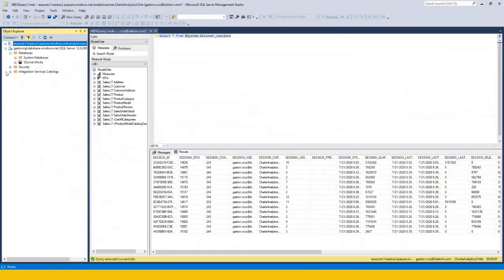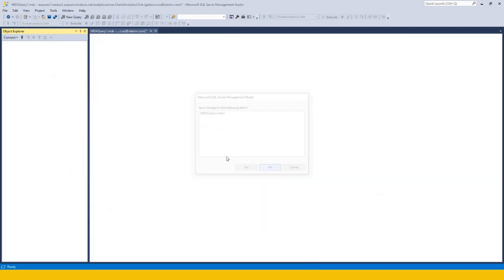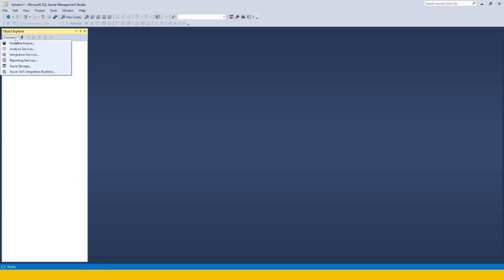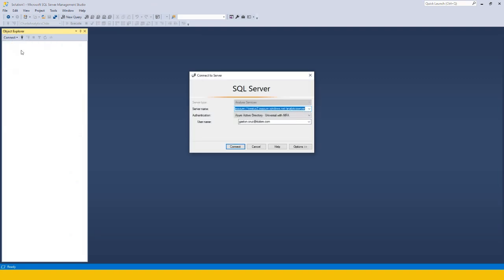Let's say that I'm going to disconnect from my Azure Analysis Services, disconnect from my database engine, and hit the connection again to the Analysis Services engine, and that brings us back to the start of this conversation. Remember that the first time in the conversation we said that behind the scenes in Power BI, there's an Analysis Services engine. So if I hit connect here, Analysis Services, and I paste that URL that I bring from Power BI, and I connect to that Power BI URL,